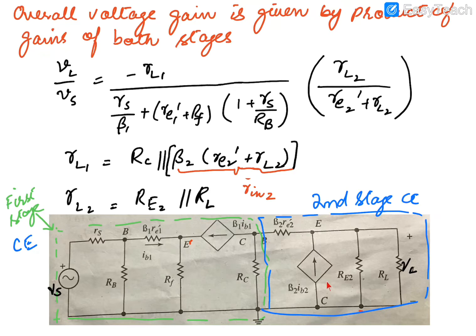for the second stage of common collector amplifier, you know that our input resistance is basically beta times RE dash plus RL. So in this case, beta is beta 2, RE dash is RE2 dash, and RL is RL2. Now again RL2, which is the AC load resistance of the second stage, will be equal to the parallel combination of RE2 and RL. So you have to take care while solving coupled amplifiers what the load resistance of the first stage is, what the input resistance of the second stage is, what the load resistance of the second stage is, etc.